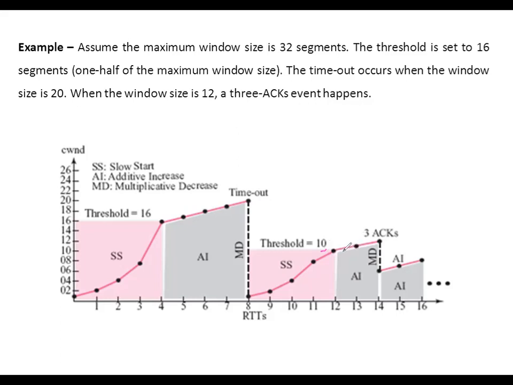Here you can see that this is the additive increase phase. After the sender receives 3 duplicate acknowledgements, again the threshold calculation will take place. The sender received these 3 acknowledgements when the window size was 12. So in the next step, the window size is going to be 6, and the sender will start with a window size of 6. It is going to start in the additive increase, that is the congestion avoidance phase. This congestion avoidance phase will continue until congestion is detected again. So this is how the congestion control by TCP proceeds.